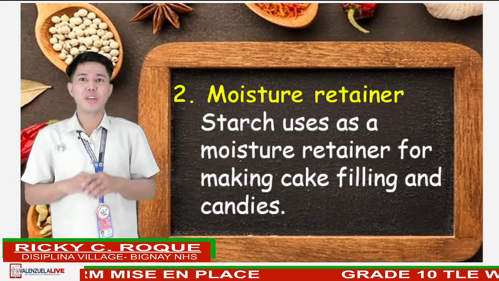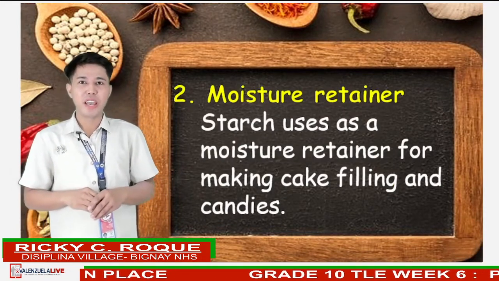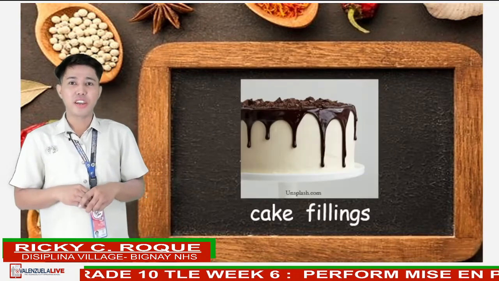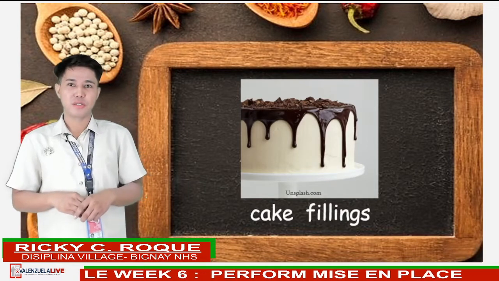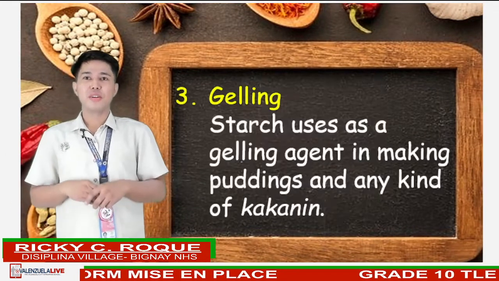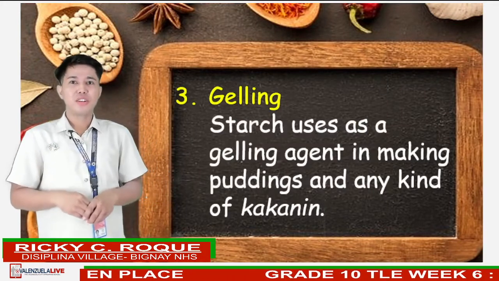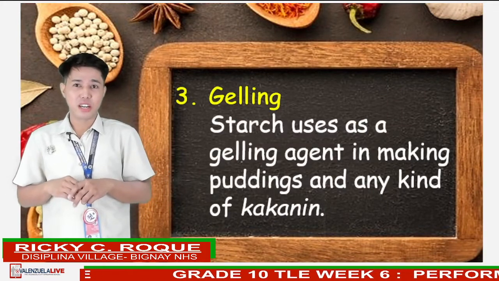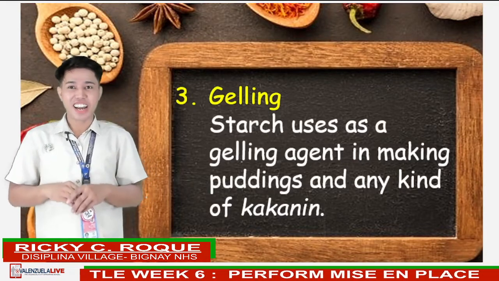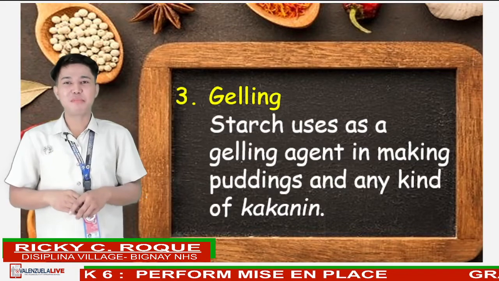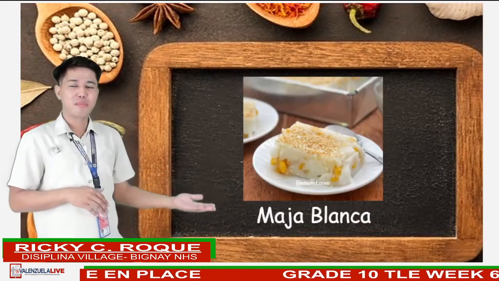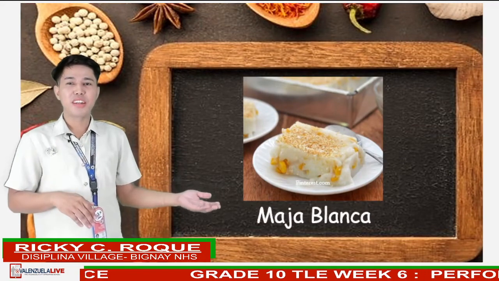Next is the moisture retainer. Starch is used as a moisture retainer for making cake fillings and candies. Examples are cake rolls and cream fillings, as you can see in the picture. Next is being a gelling agent. Starch is used as a gelling agent in making puddings and any kinds of kakanin. Examples are maha blanca and sapin-sapin. As you can see in the picture,